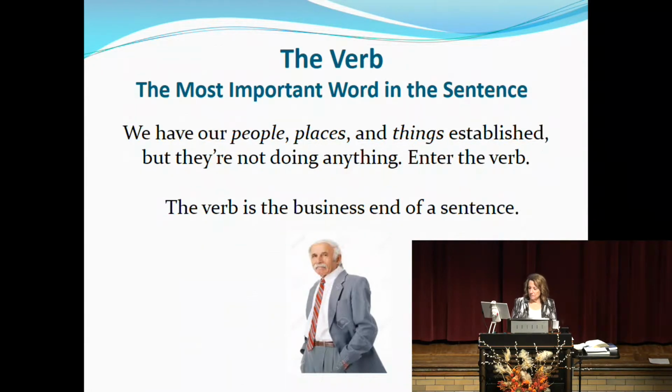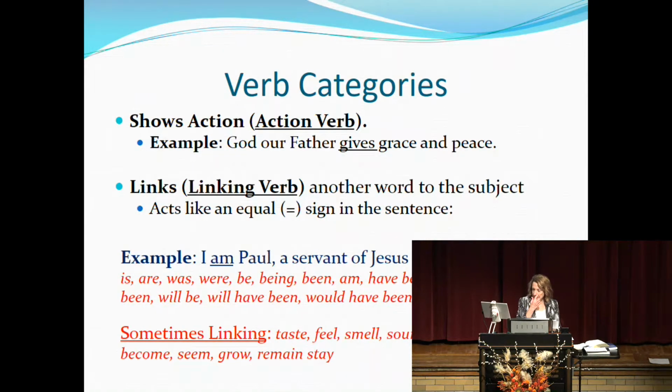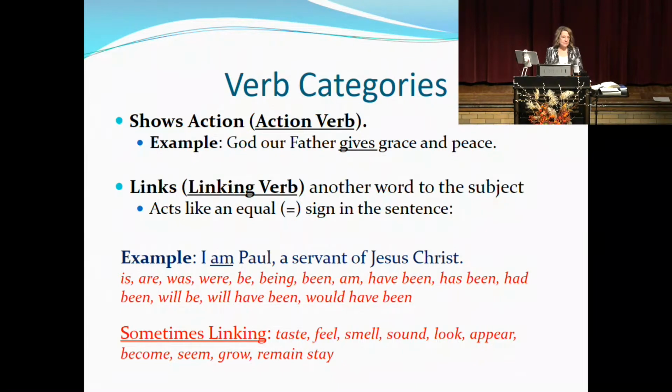Now, like nouns, verbs come in various categories. The verb's function within a particular sentence determines its classification. So we can sort verbs into action, or linking verbs, or helping verbs. Action verbs are exactly what they sound like. They show action. And that might be physical action, or it might be mental action. Like run, jump, swim, think, decide. So we refer to this as having the active voice.